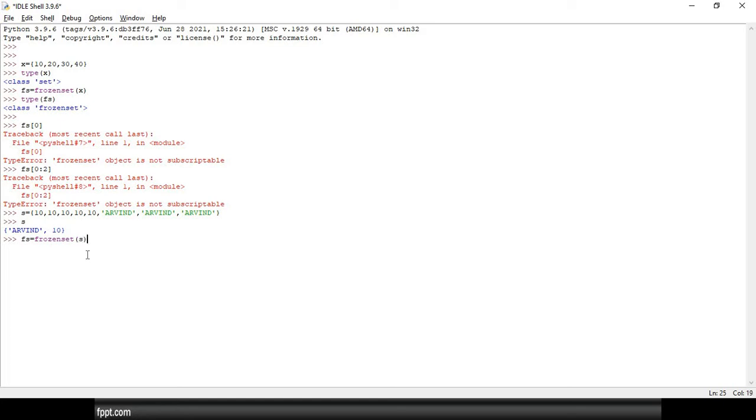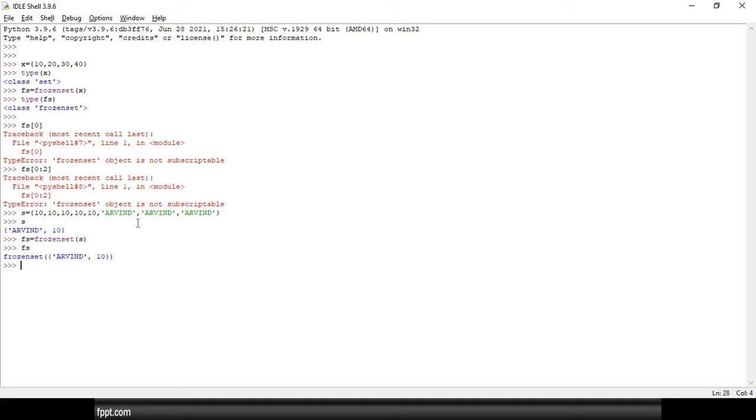In the frozenset there is no need to remove the duplicates ourselves. Why? Because the set by default removes the duplicate values, and once removed, we get only two values, 11 and 10. So when we convert it into a frozenset, we also get two values. That means the set internally removes the duplicate values. Don't worry about that, because if you want to create a frozenset, it is mandatory to create the set first, and the set has the property to remove duplicate values. After that, we convert it into a frozenset.